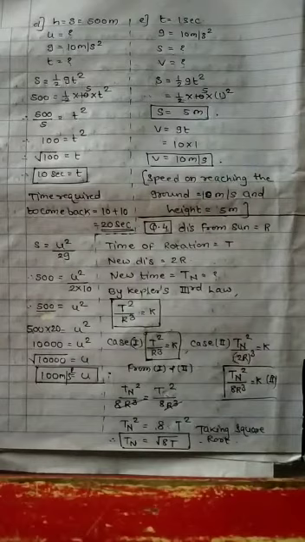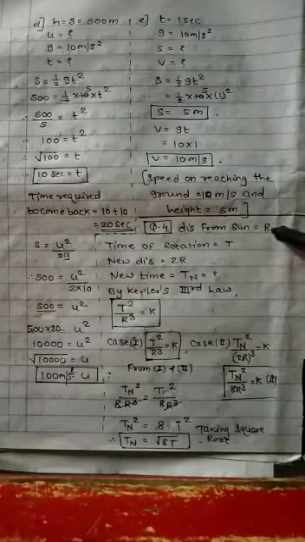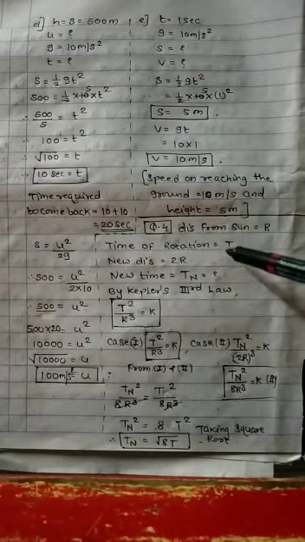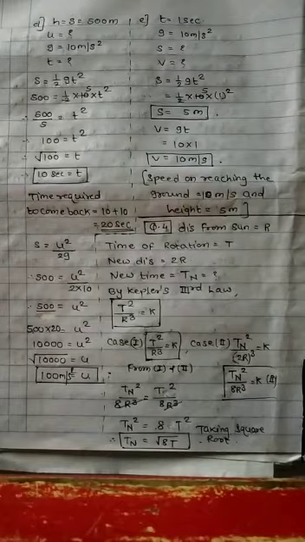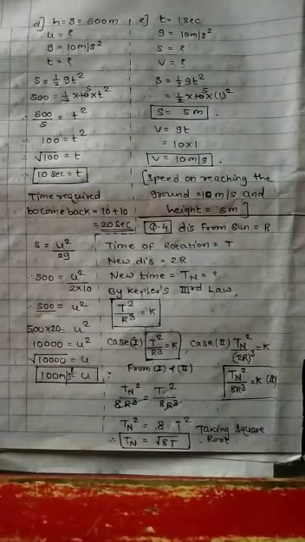Next, from the textbook, the question number 4 I read. Let the period of revolution of a planet at a distance r from a star be t. So here two things are given, that is distance of a planet from sun is r, and time of rotation or revolution is t. Prove that if it was at a distance of 2r from a star, its period of revolution will be root 8t. So here you have to prove that the final answer is your root 8t.